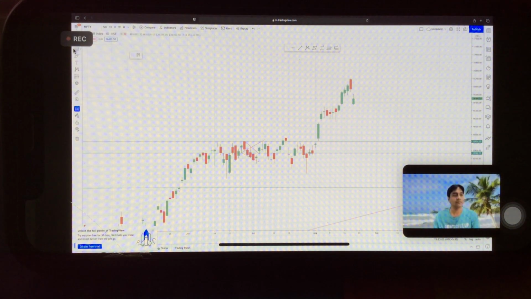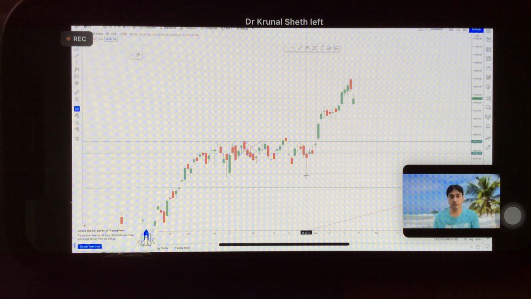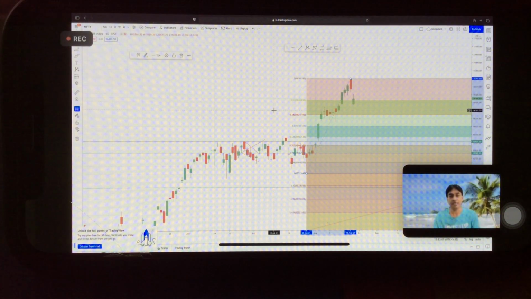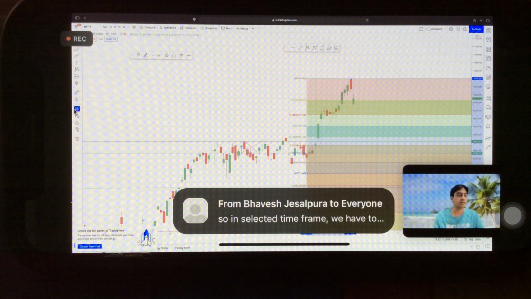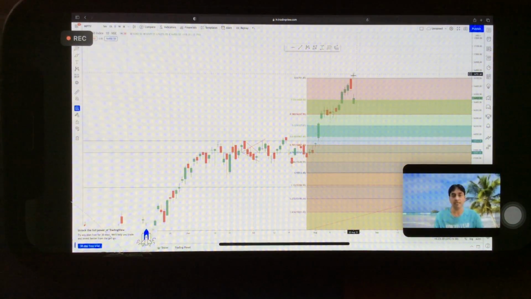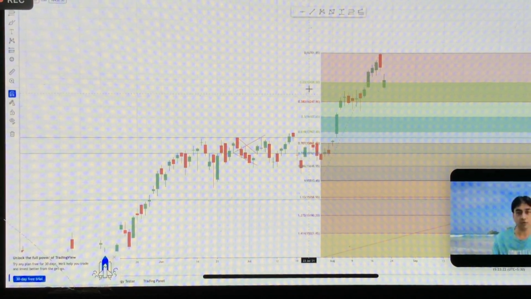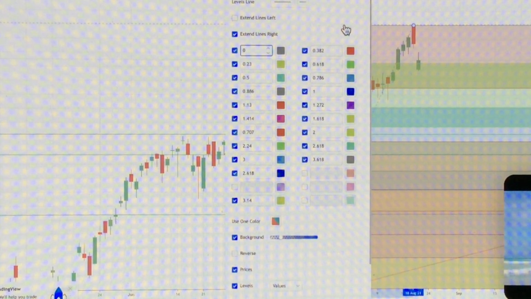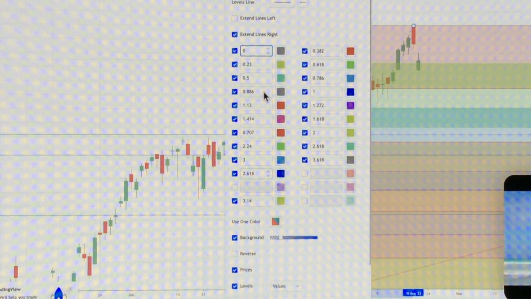So what will it give? It will give me the Fibonacci retracement level. Okay. Make sure your magnet mode is activated. It should be blue in color. If not, then you will mark it at the wrong point. Okay. So these are the various ratios. If you want to add or delete, what we have to do? We have to simply double click on it. Right? You can change anything you want.